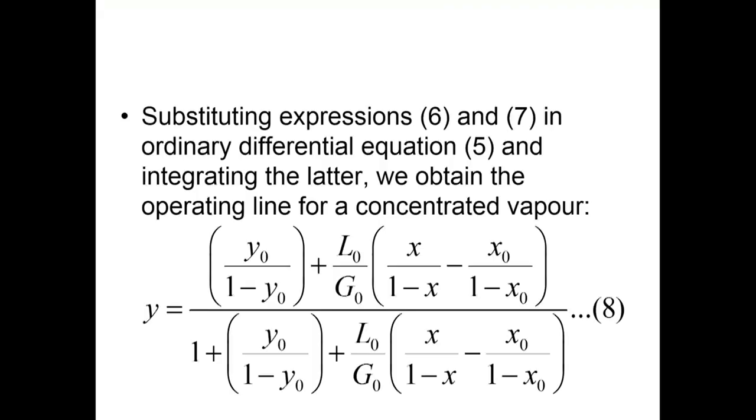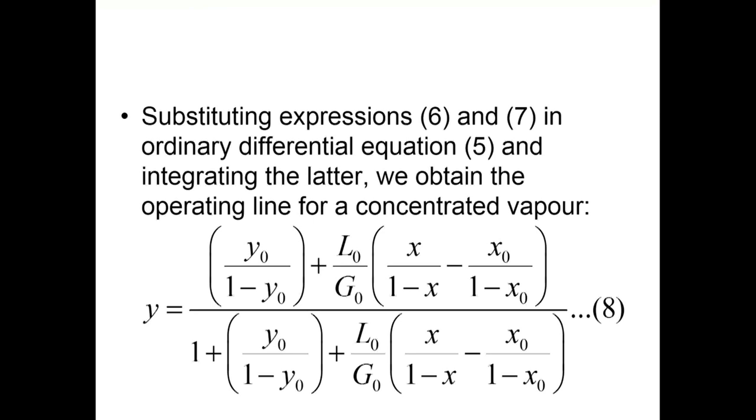This was the point I suppose we stopped at last time. Could you verify this? Did you have enough time to verify this? Okay. And as I said, we have gotten rid of z. So, this is going to be the description of how y would vary with x in the column at all possible locations. And since it is a statement of material balance, a description of the operating conditions, therefore, we call it the operating line. And surely the concentrated vapor system is something which is more general compared to the dilute vapor system.